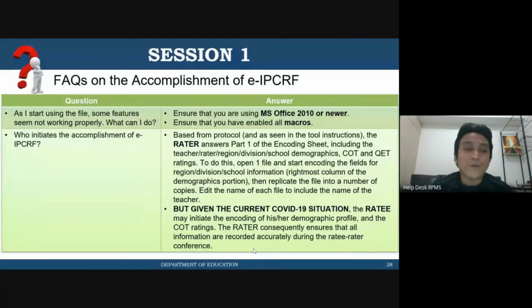So, first question from the FAQs. As a start, using the file, some features seem not to be working properly. What shall I do? Kanina na-explain na po ito ni Sir Kevin na there are versions of MS Office na nare-require siya. It should be MS Office 2010 or newer, and you have to ensure that you have enabled